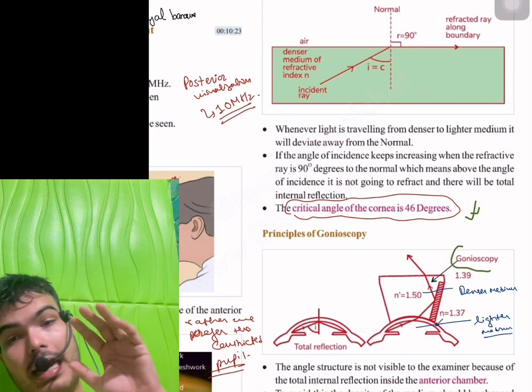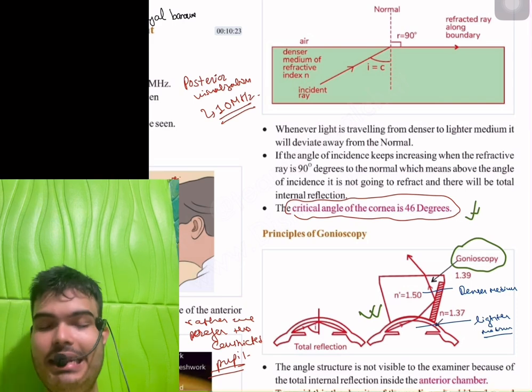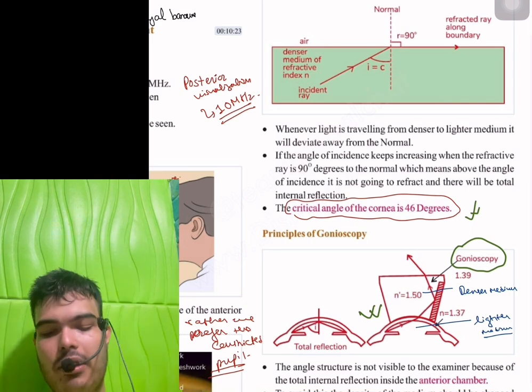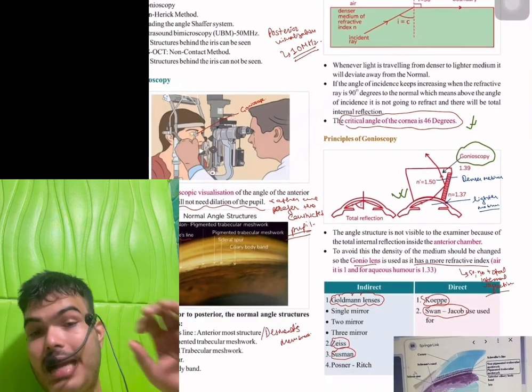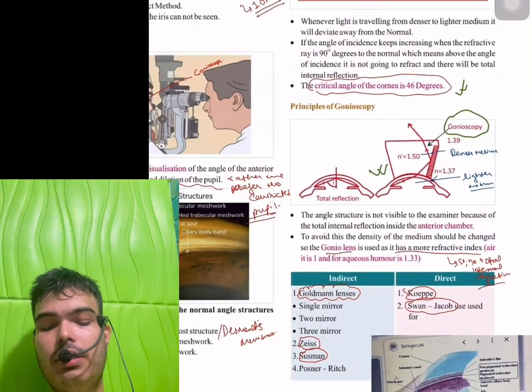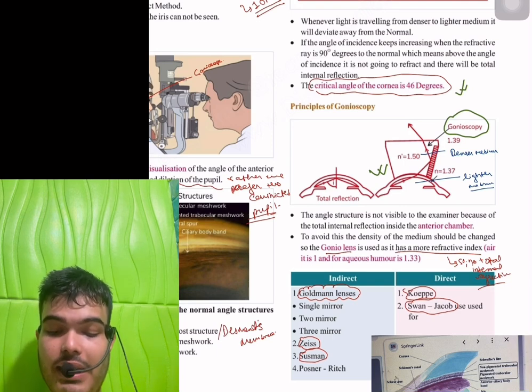So I'm able to look at that diagram, that angle. That is why the gonioscopy lens is basically used to assess the angle. Okay, so you can actually look into that angle directly, or you can use certain lenses to understand. If you go for direct visualization, that is known as Koeppe and Swan-Jacob, and if you go